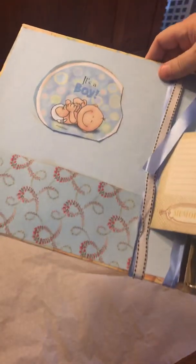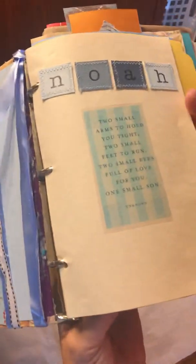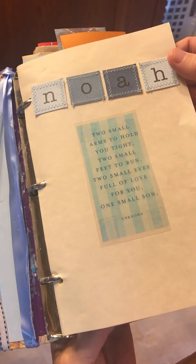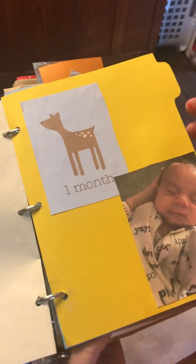So here's the front, and that's a pocket in the front. This is a card that I have. It's just put in there. So this here has his name and something I found on the internet, something I found in a box of stuff I bought from a scrapbook store. This one here I'm going to put that I made it. So here he is at 1 month,